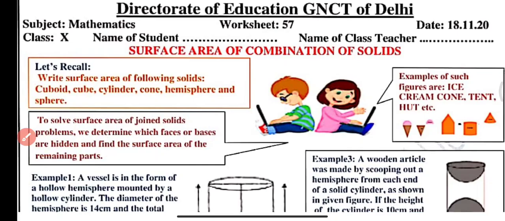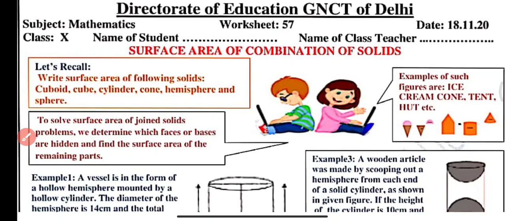Now surface area of cube with the side A unit, that is 6A square unit. Keep in mind 6A square is the surface area of cube. As we all know that cube is made up of 6 squares, so area of 6 squares will be 6 into side square, where A is the side of each square, or we can say each edge is the A unit. So now the area of cube will be 6A square.